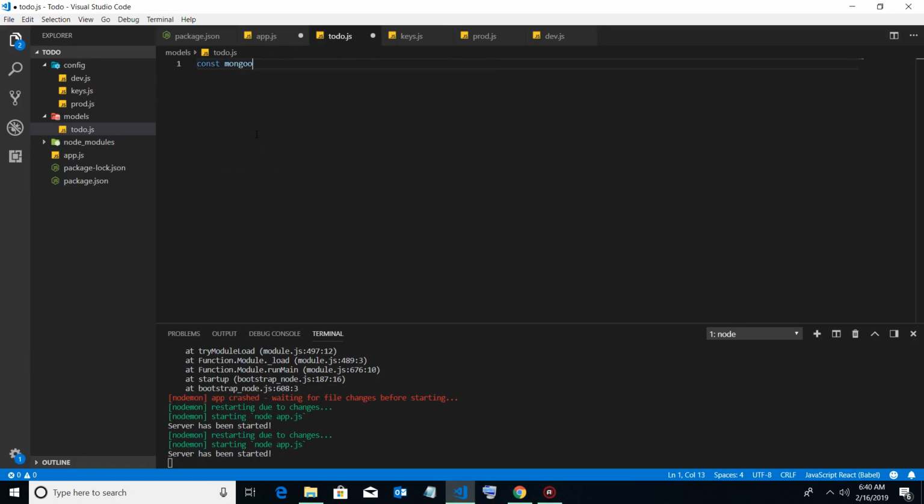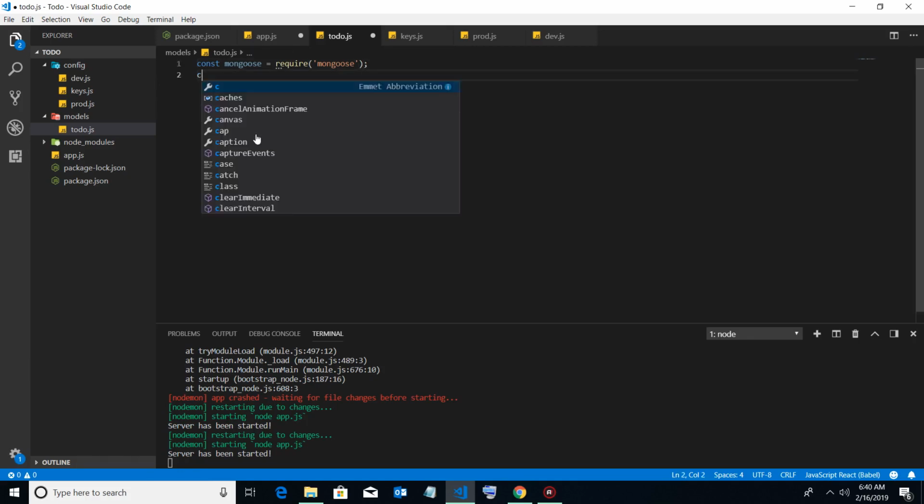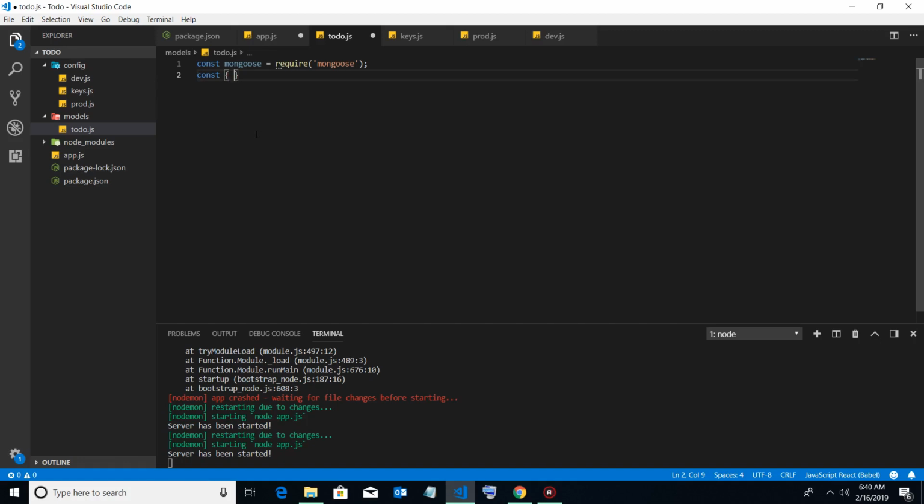Import mongoose, then import Schema from that mongoose,